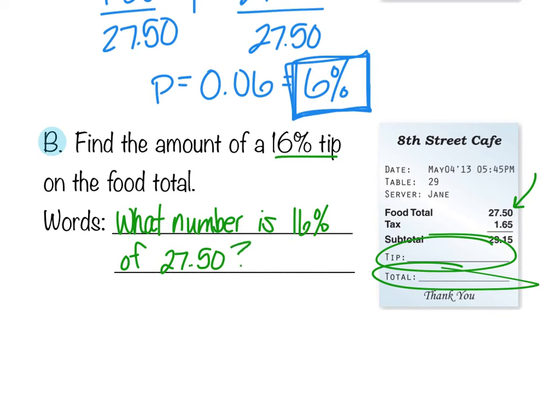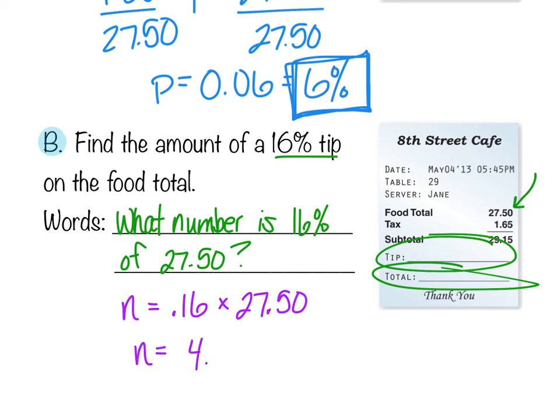So there's my question. Now I can write it as an equation. What number n equals, for is, 0.16, 16% of means times 27.50. So all I have to do is take 0.16 for 16%, 0.16 times 27.50,